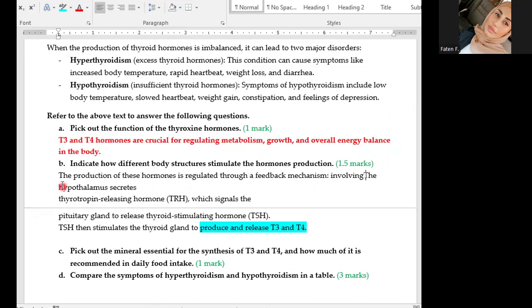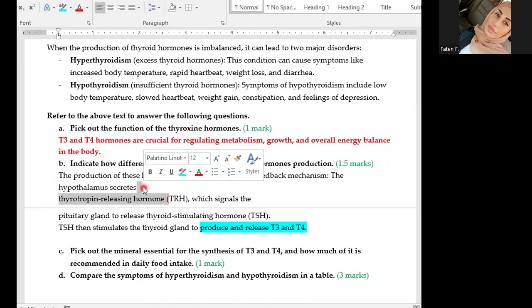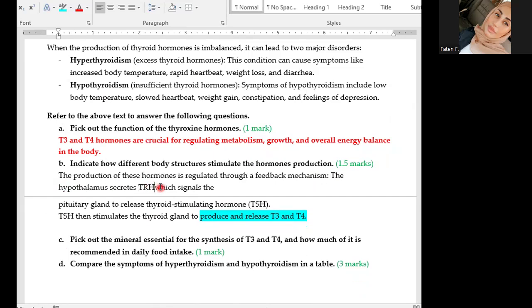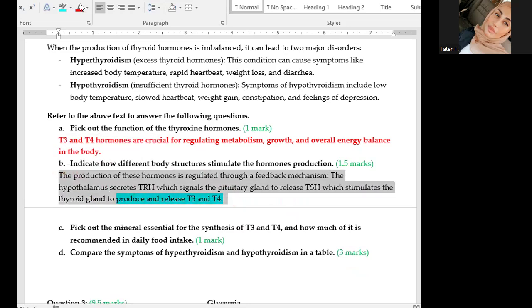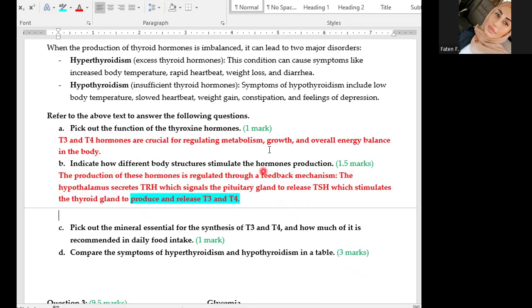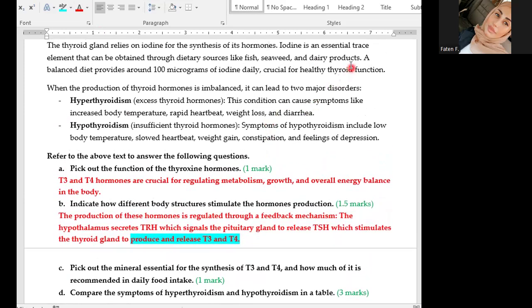First, the hypothalamus secretes TRH, which signals the pituitary gland to release TSH, which stimulates the thyroid gland to produce and release T3 and T4. Okay? Pick out the mineral essential for the synthesis of T3 and T4, and how much do we need of this mineral